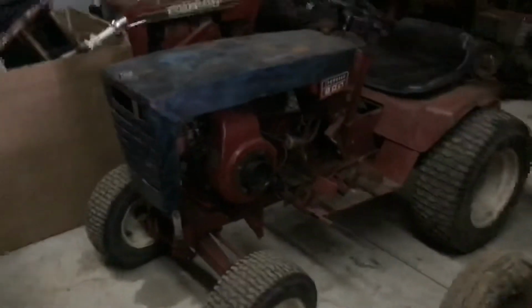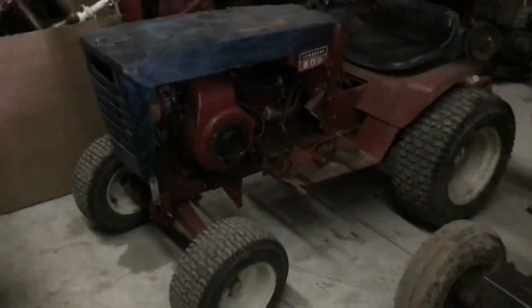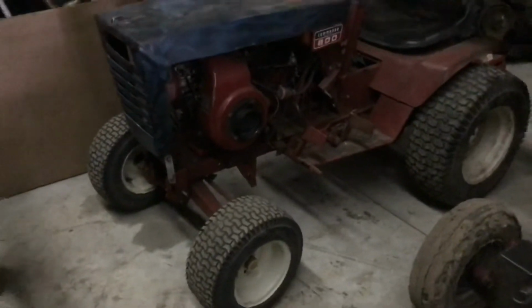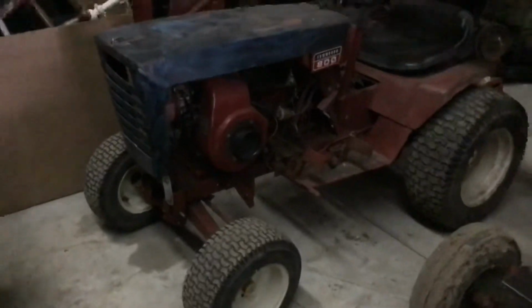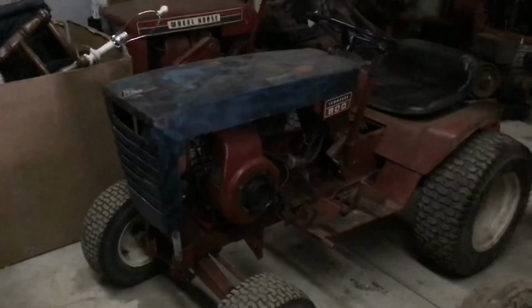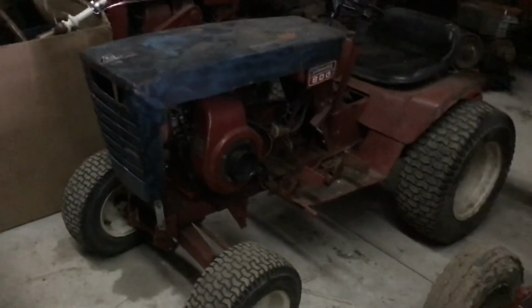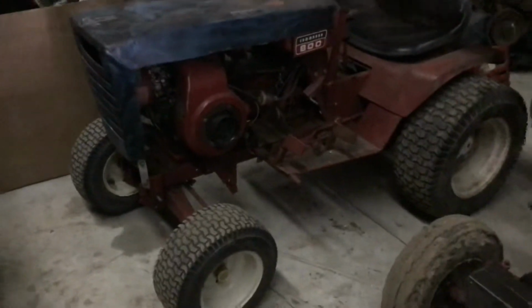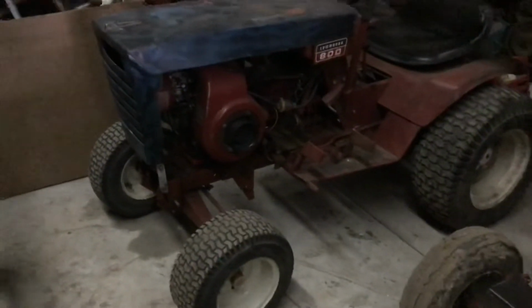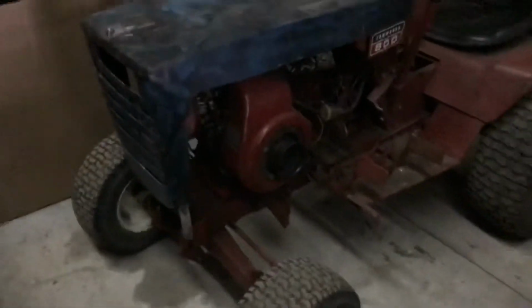This here is my daughter Riley's Screamin' Jimmy, we call it. It's got the 8-horse Kohler, Command 8. It's got a custom airbrushed hood off I don't know what. We picked that up at the big show last year, and she just thought that Screamin' Jimmy needs a loud, obnoxious hood just to match his character. When we first got it,